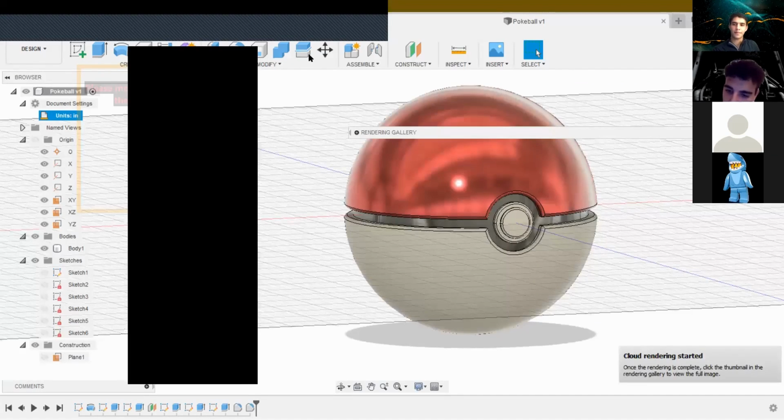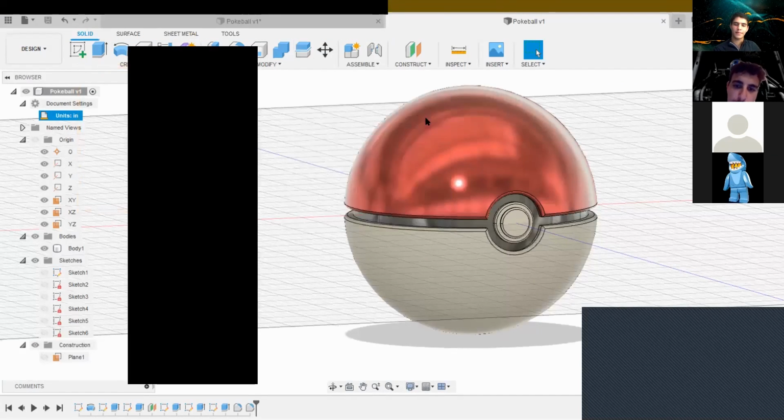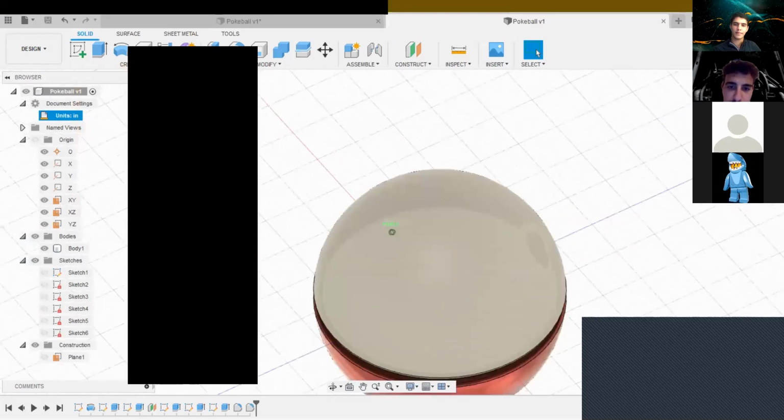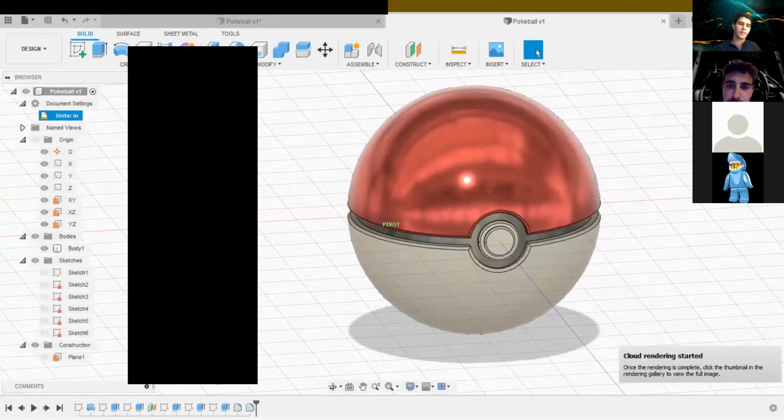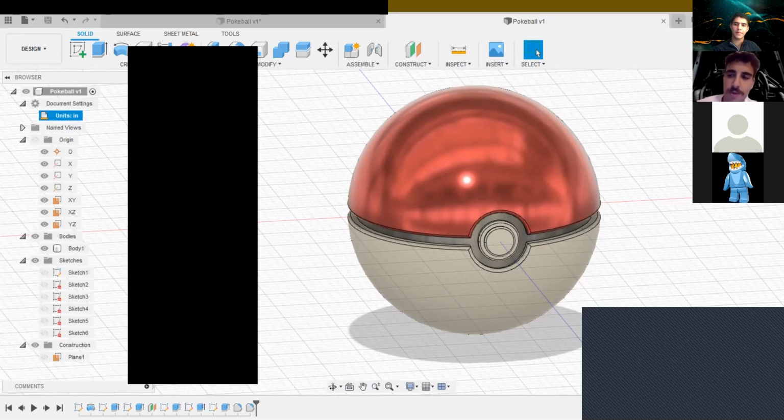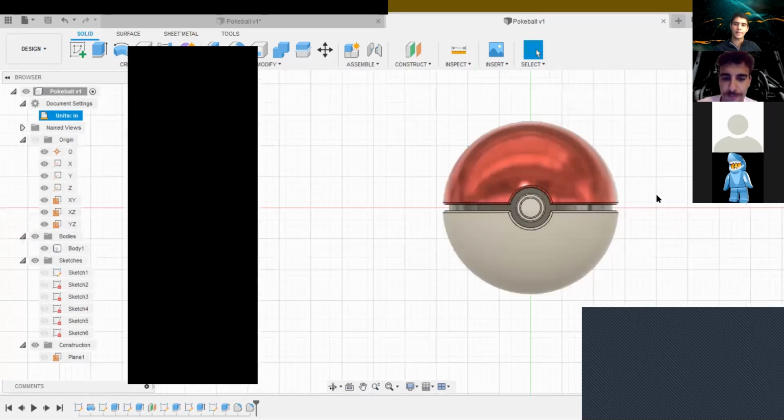So the problem with this model is that it's completely curved all around. So there's no good place for the model to start off on the bed because it's a flat bed surface. So what we're going to do is we're going to cut it in half. Okay, we're gonna make it fully 3D printable, which is gonna be like one extra step. Yeah, one extra step. So what we're gonna do is we're going to do